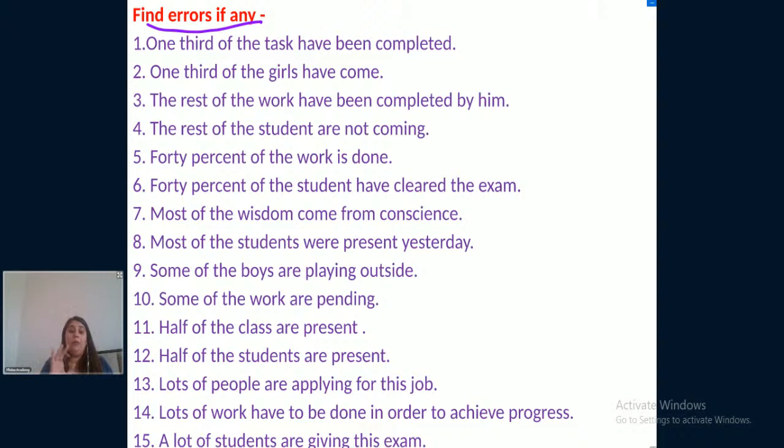So here are 15 sentences in front of you, and it is clearly mentioned above that find errors if any. Before discussing the rule about these sentences, before finding the errors in these sentences, let us consider a basic concept, right? So see, now, right, we all know